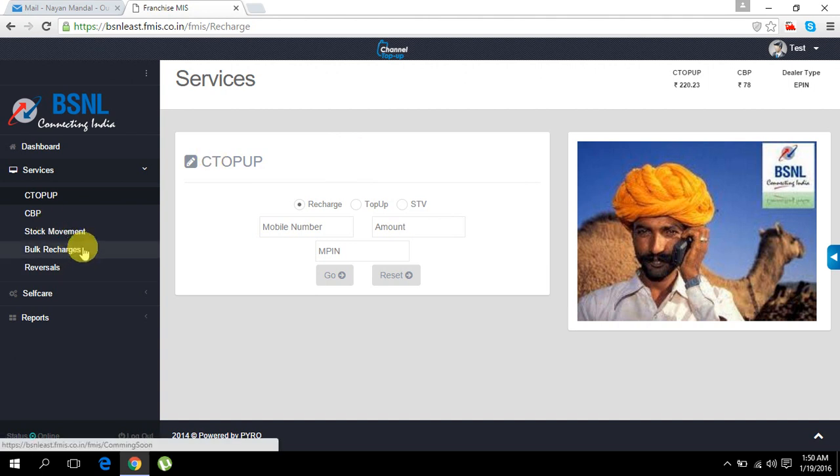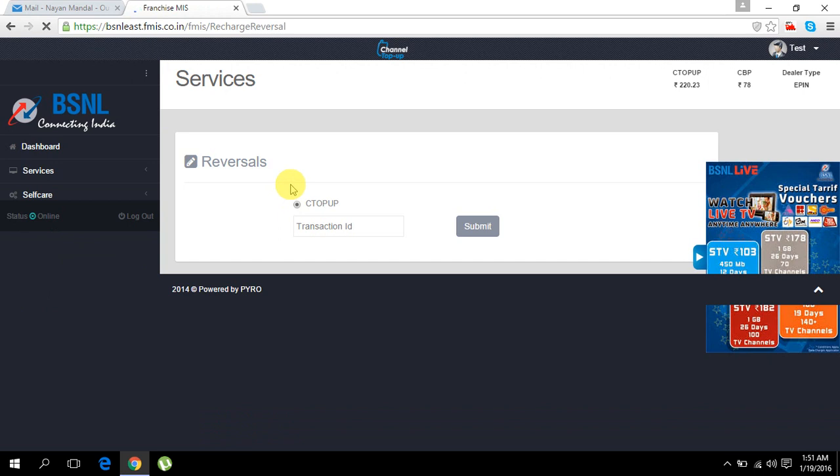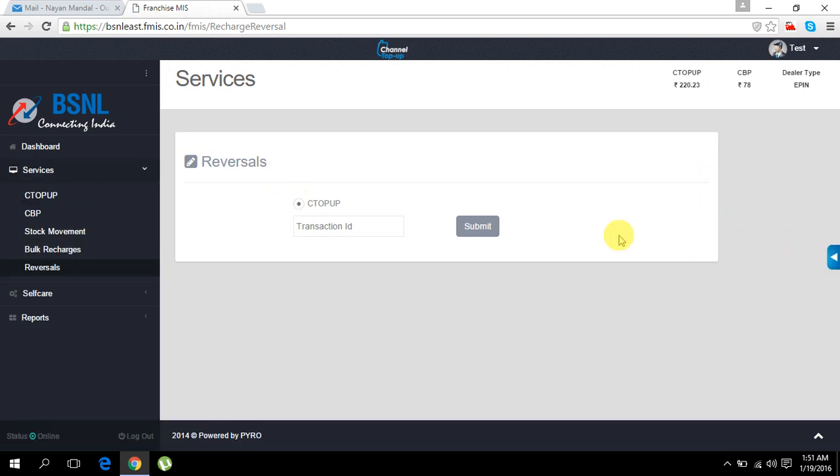Now, what are the other options we have? It is reversal. What kind of reversal can be done? Okay, this is very handy. I would like to tell you about this reversal option. What we can do here is submit our reversal request through this platform to the reversal server, what we do from SMS. We type rev, space, and then the details, and send it to 58081 for the reversal. So if our sub-franchisees or retailers make any wrong transaction, we can put the entire thing here.